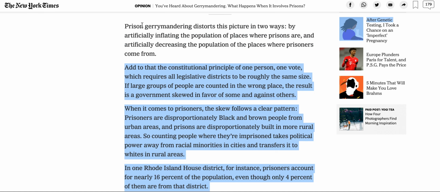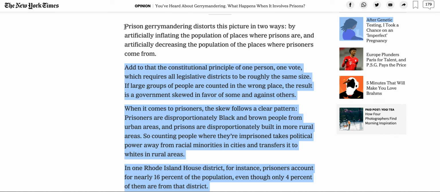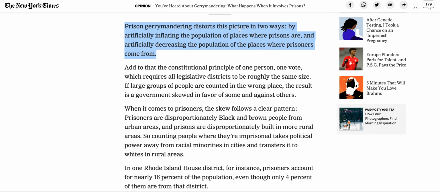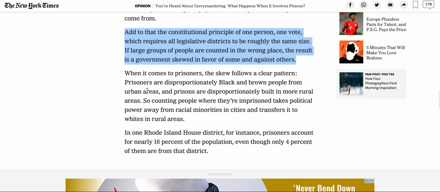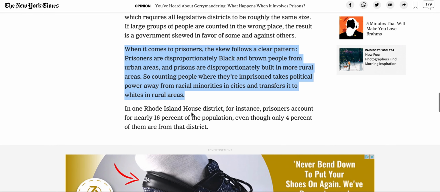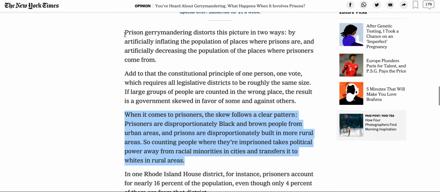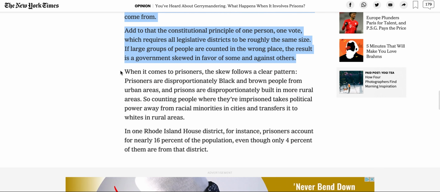So this paragraph here covers some reasons why this is bad, right? Prison gerrymandering distorts this in 2 ways. Here's another way that it distorts. And here is another way, and here we are. So if these 2 paragraphs are all about the Constitution and a healthy representative democracy, then